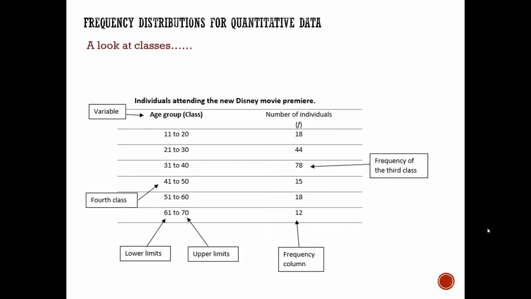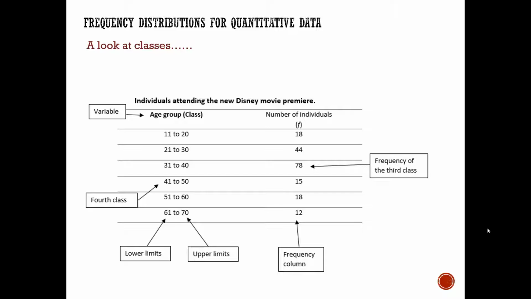Now I'm giving you an illustration here, and I want you to fill in some of these blanks on your page, looking at the different classes. If I have individuals that attended the new Disney movie, and the class I was looking at was what ages were the people that attended this movie, and I created my classes. I said age 11 to 20, and then I went 21 to 30, 31 to 40, 41 to 50, and so on. And I created those age groups myself, and then I counted the number of individuals that were in